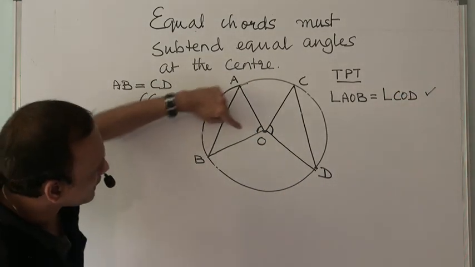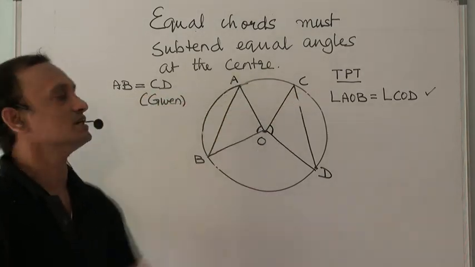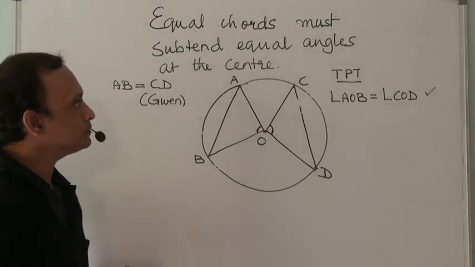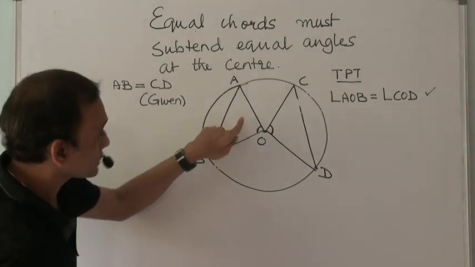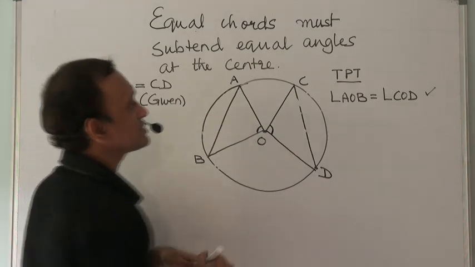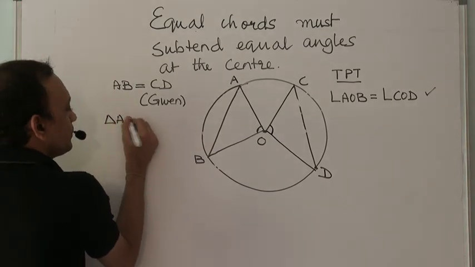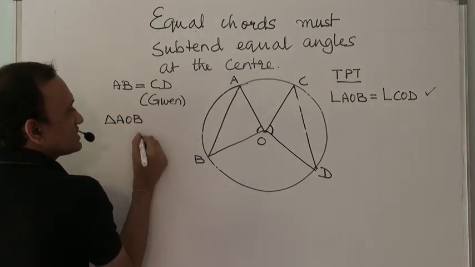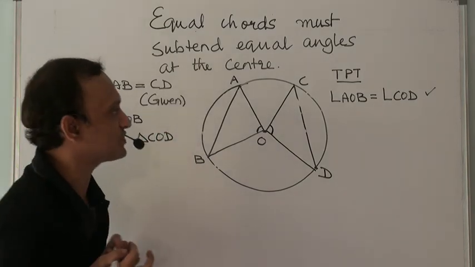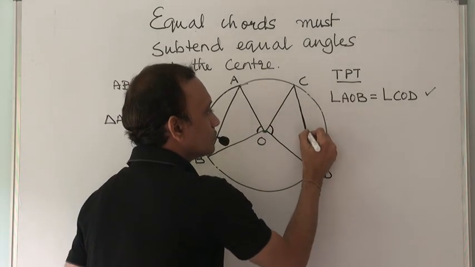The angle subtended by AB at the center, this angle, is the angle subtended by CD at the center, that is this angle. Okay, which means we wish to compare this triangle with this triangle. That means we want to compare triangles AOB and COD. Now,